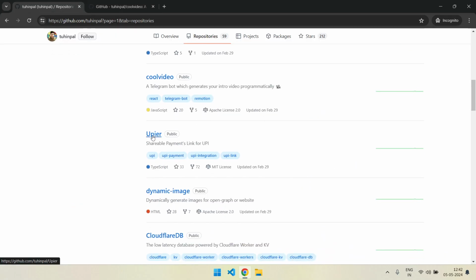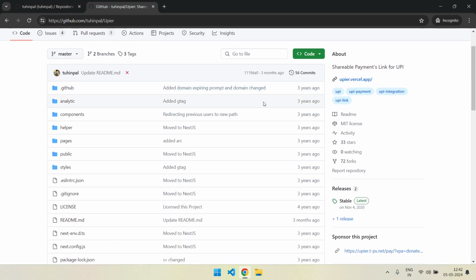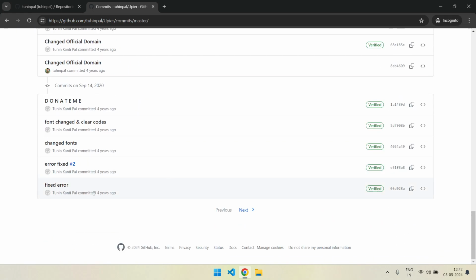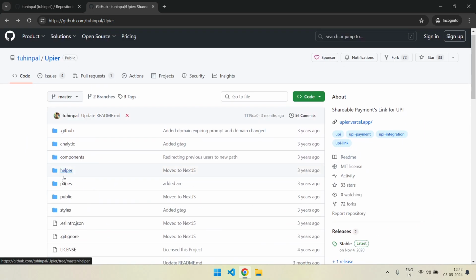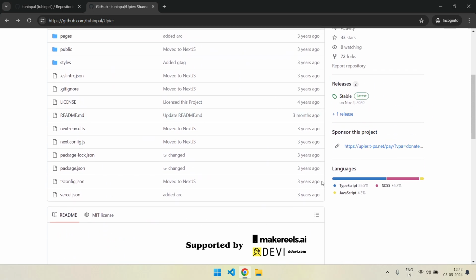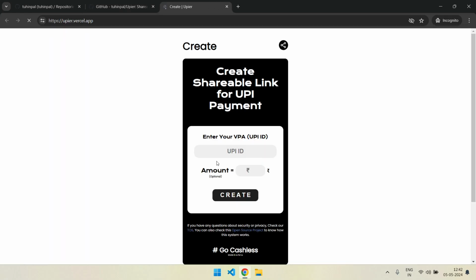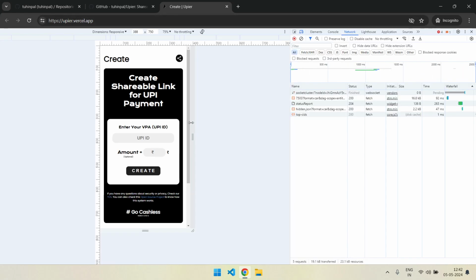Yeah, now let's go to UPI. So this is the first project I made. First I made music dot, then I made UPI. It's like 4 years ago, right? Previously the UI was just HTML, but later I made that to TypeScript. I don't know why. What it does is it creates you a UPI link. This is only for mobile, by the way. This is not meant to be used for computer. This is for mobile. So in mobile this looks really great, I think.